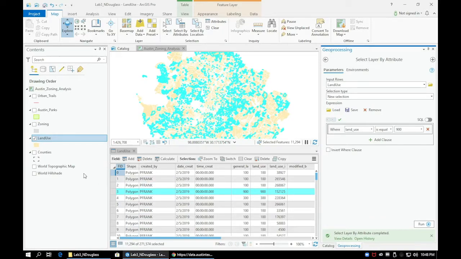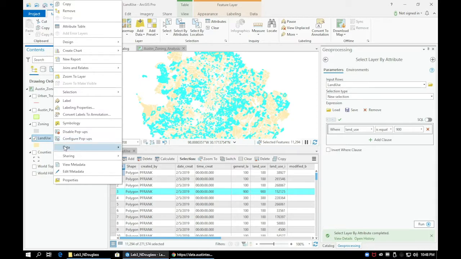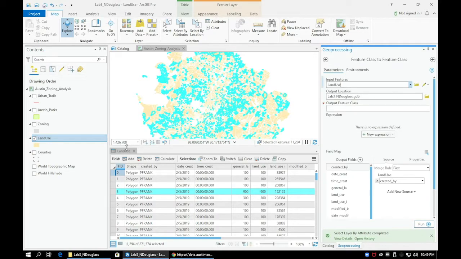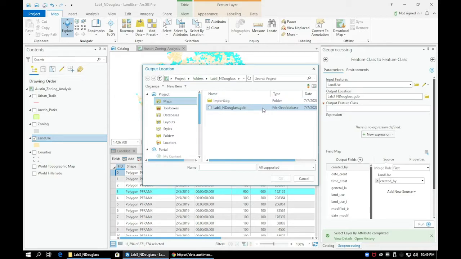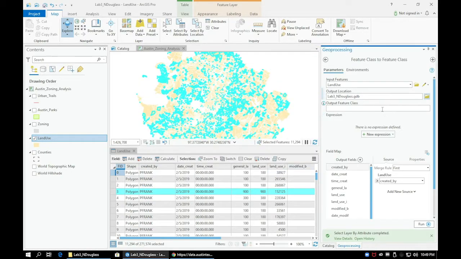Now let's export these features to a new shapefile. Right-click on the land use layer and select Data, then select Export Features. In the Geoprocessing tab, let's make sure that the input feature is land use and the output is within our geodatabase. Click on the folder icon and you should see a cylindrical icon with the same title as your project